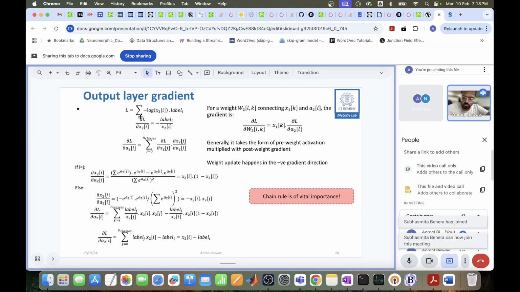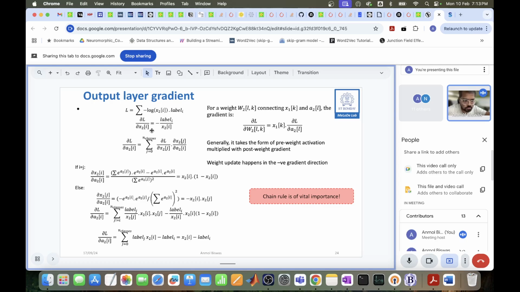So the loss is given by negative log of x2 of i, summation over i, multiplied by label of i. So the first step is to compute the gradient of the loss with respect to x2 i,